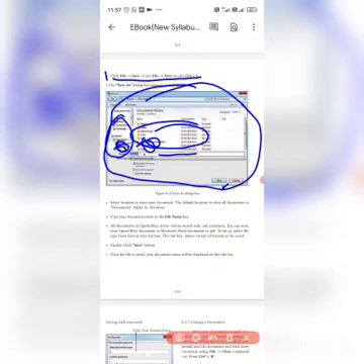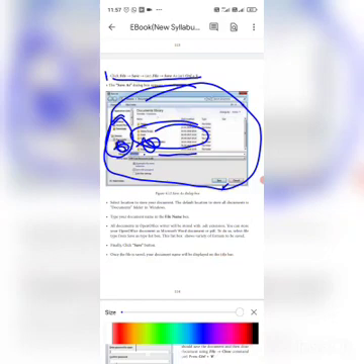After that, below the file name, see here, there is the save type. Different types are available. PDF, Microsoft Word, OpenOffice, so many document types are there. There is one arrow here. If you click this arrow, many file types will come, like text file, Windows file, Microsoft Word, or PDF, whichever you want to save. If you select PDF, your file will be converted to the PDF file type.